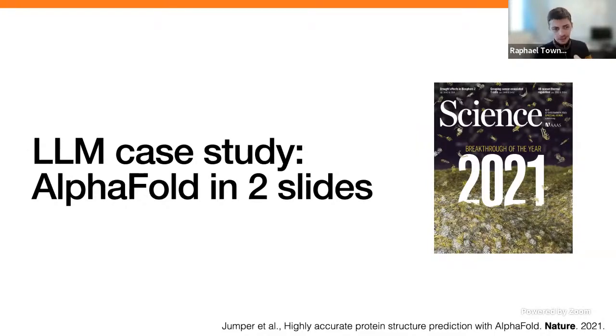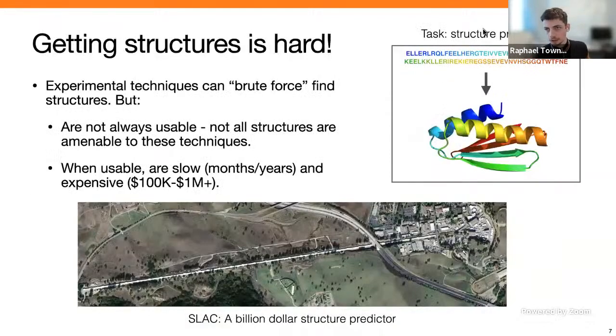And to justify this very quickly, the fundamental task that we were working on in this case is known as structure prediction. So you're going from a 1D sequence, in this case an amino acid sequence that forms a protein, and you're predicting a full three-dimensional structure, okay? The full 3D shape this molecule adopts in your cells. And again, we care about that because the shape of something is important to what it does. And once you understand these shapes, you can better cure diseases.